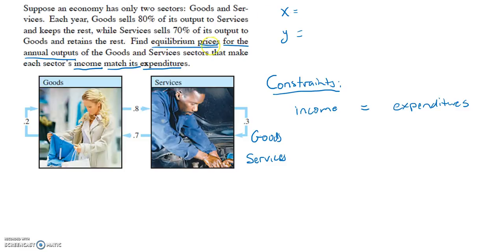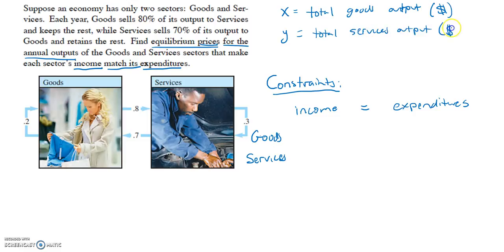So the way we're going to define these is the annual output. So we'll call this the total goods output. And how are we going to quantify that? Well, it probably makes sense not to think about this again in terms of units, but in terms of the total goods output in dollars. So that if they produce, let's say, 100 shirts at 20 bucks a pop, then they basically produce $2,000 worth of goods. And similarly, we want to make sure that the total services output,